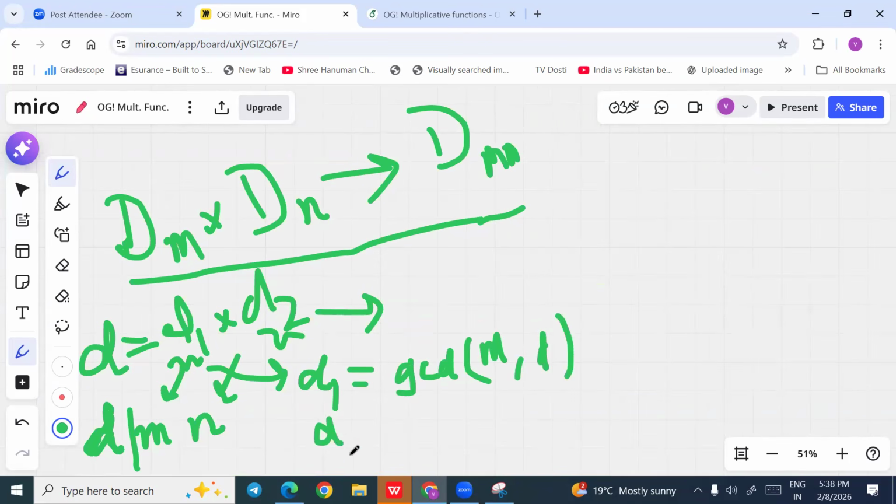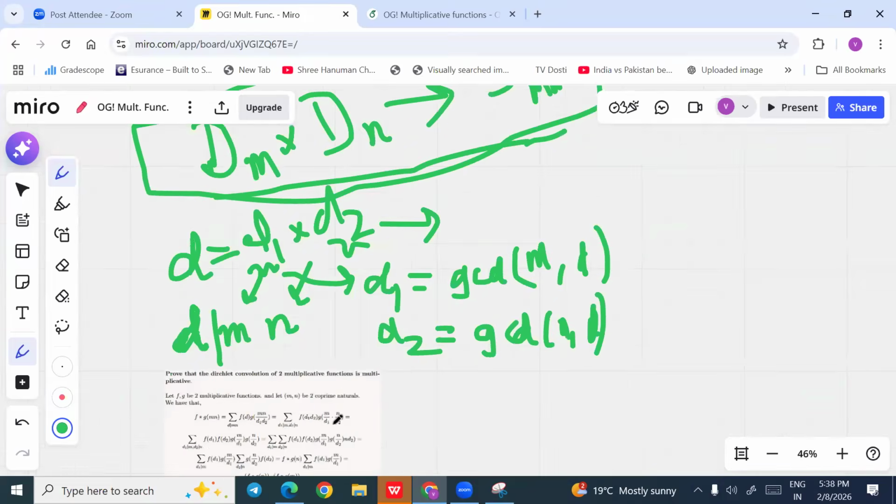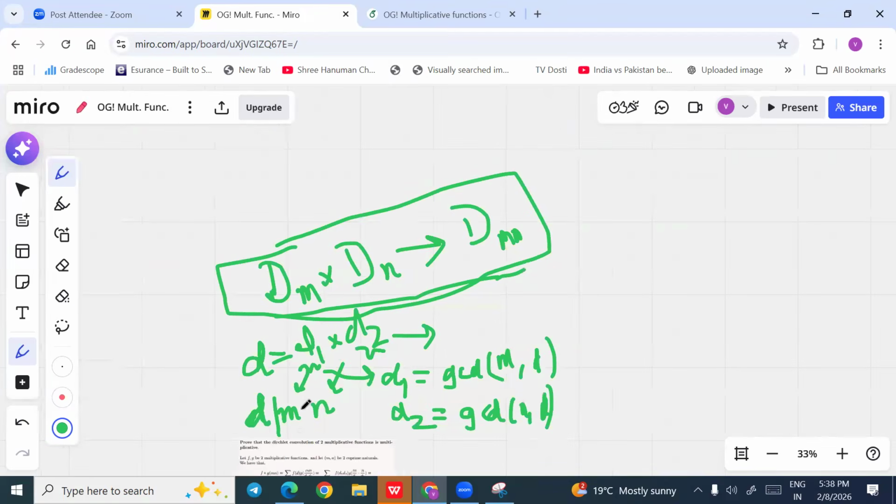And d2 is GCD of M, GCD of N, D. Perfect. So this is just a bijection. I'll leave the details of the bijection to the reader. So after you do this, then it's just trivial because